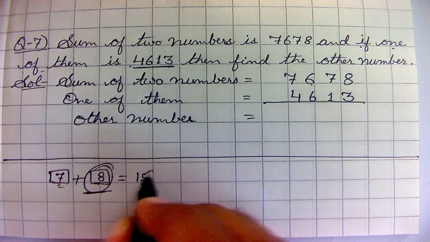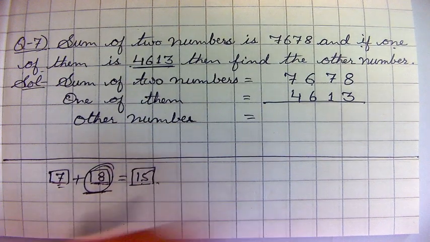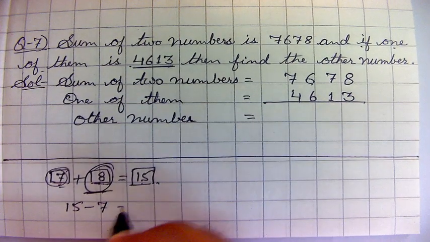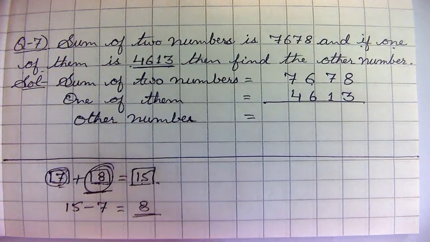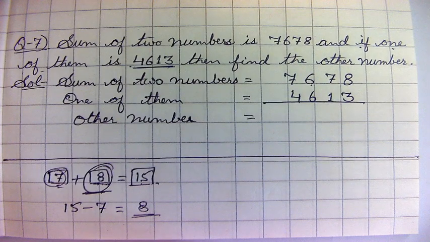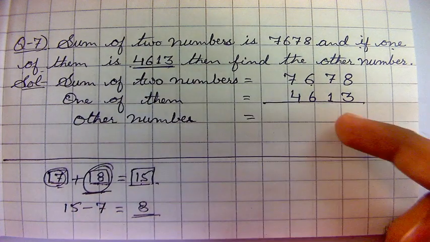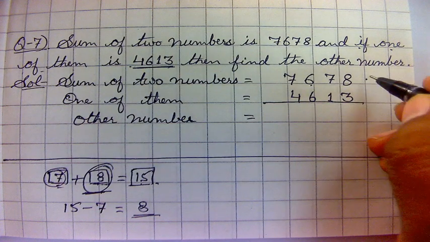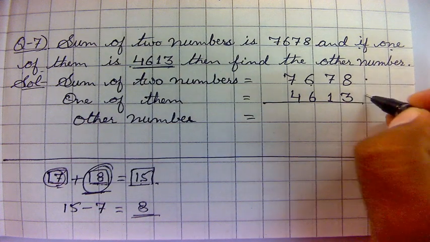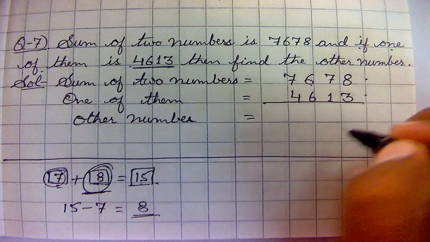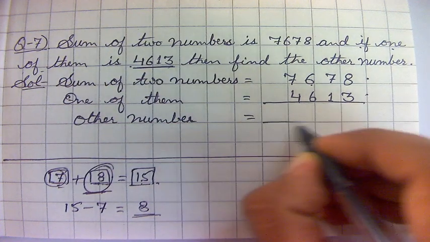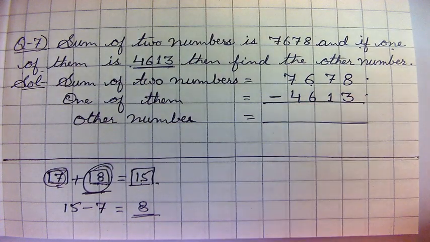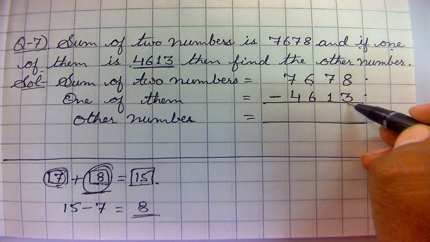What we will do is that the sum which is there, हमारे पास जो sum है 15, उसमें से हम एक नंबर को माइनस करेंगे, we will get the second number. So the same method we are going to do here also. We are given the sum of two numbers, दो numbers का sum हमारे पास है, एक number हमें मालूम है, अब हमें दूसरा number find out करना है. So what we will do? We will subtract it. We will subtract the two numbers, sum minus number.